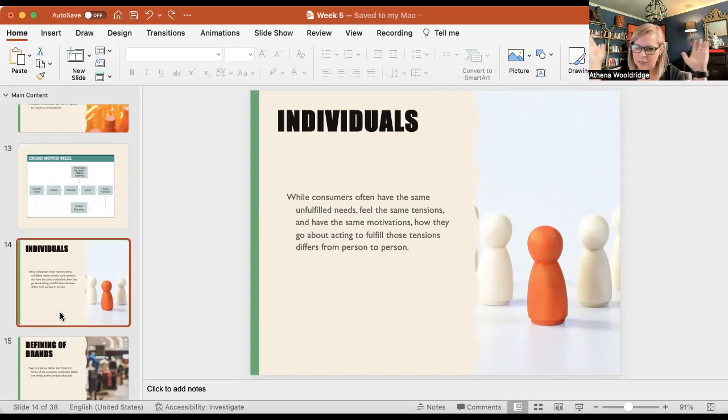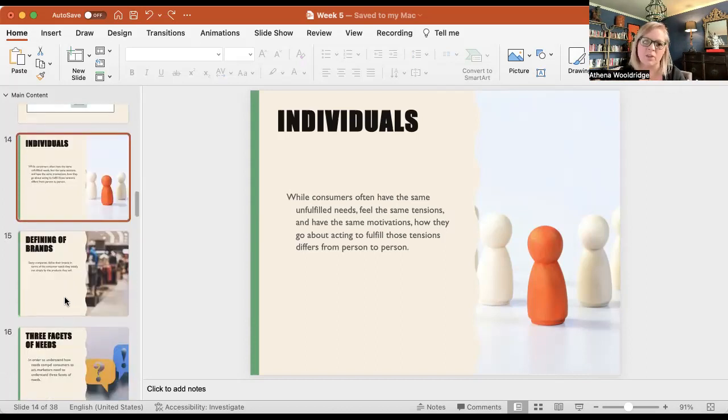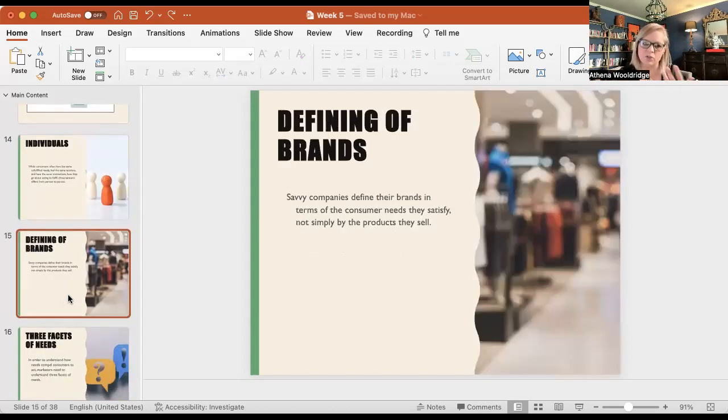We think about that segmentation, targeting, and positioning, right? So we're in there in that targeting. We're targeting these individuals and giving them this idea that there is a personalized product or service for them, despite the fact that they are like a group of other individuals. Okay, what about